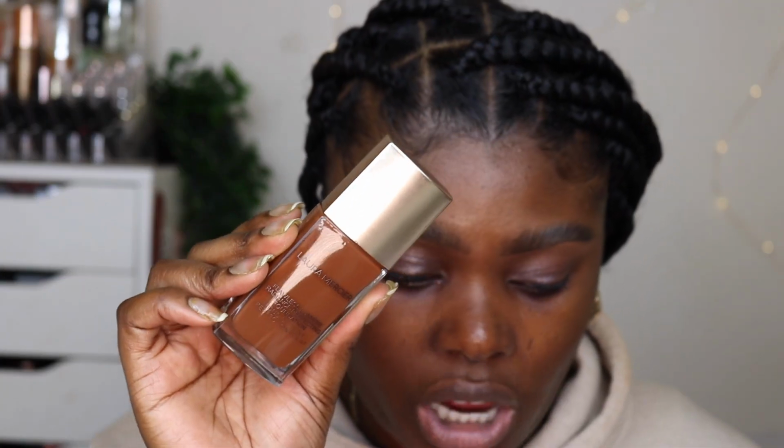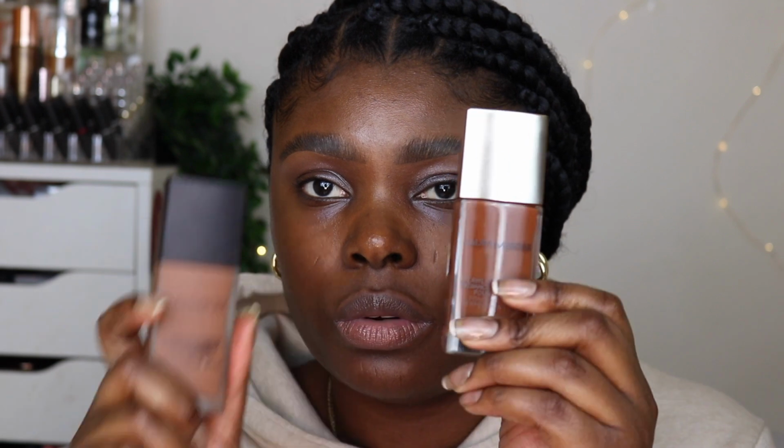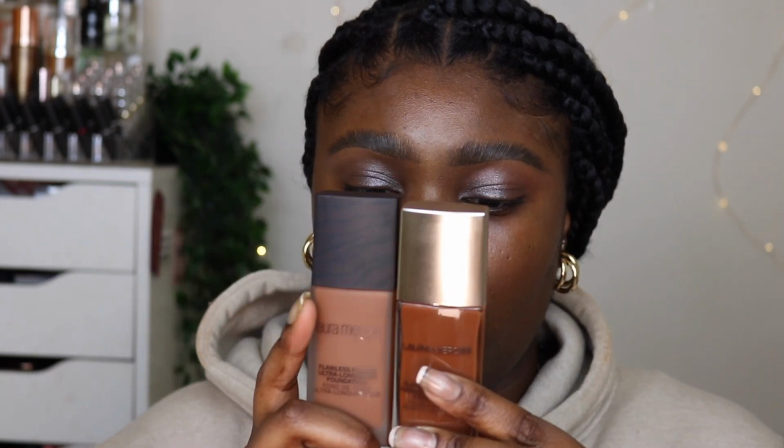The second option I have, so this is the illuminating version of this foundation apparently. So this is the Flawless Lumiere Radiance Perfecting Foundation, and this one looks like this. This is in the shade 6N1 as well. So these two are pretty much the same shade apparently, but then I've also got it in the shade 6W1,